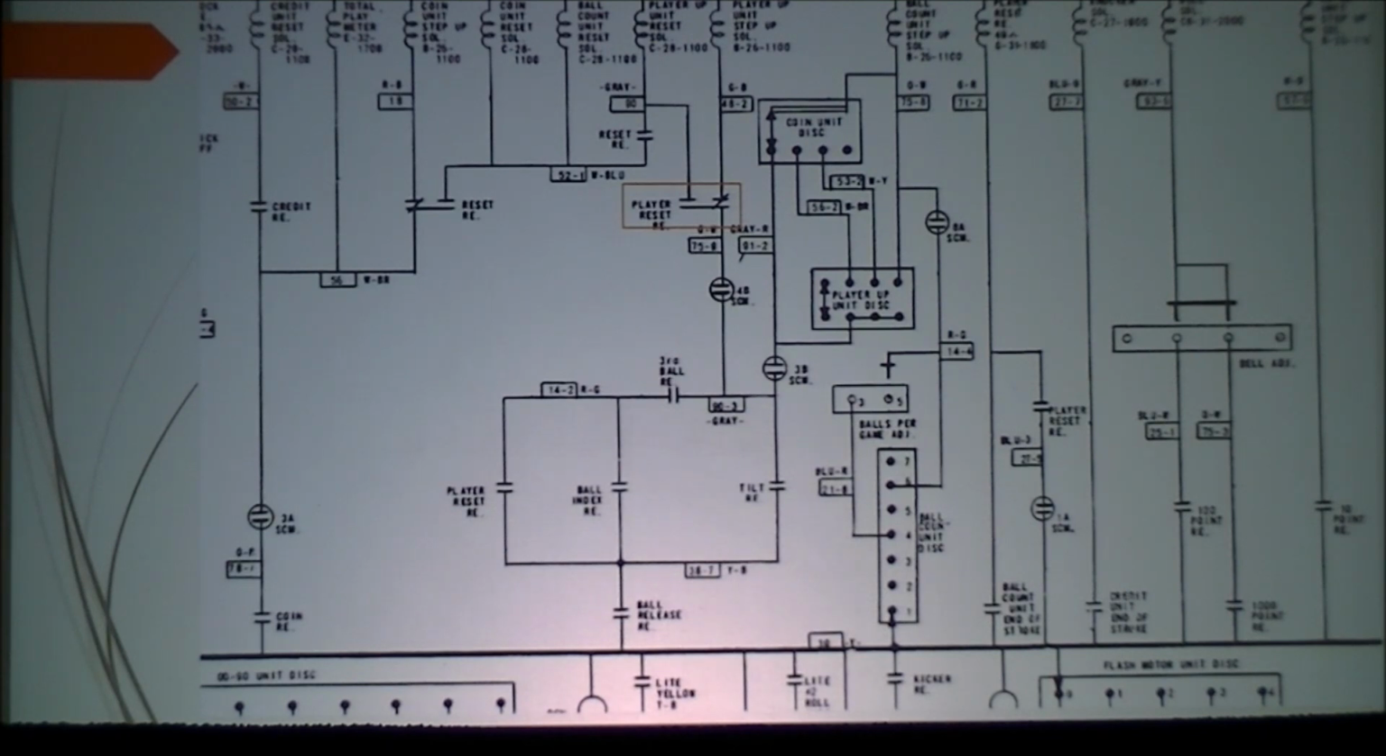So in a 2-player game, player 1 would play their ball. Then the player up unit would step up. So it would go to player 2, and player 2 would play their ball. And when that ball drained, now I probably don't have quite enough schematic showing here, but when the ball drained on player 2,